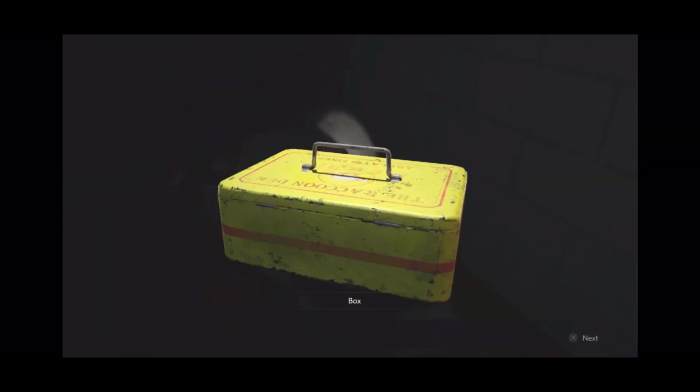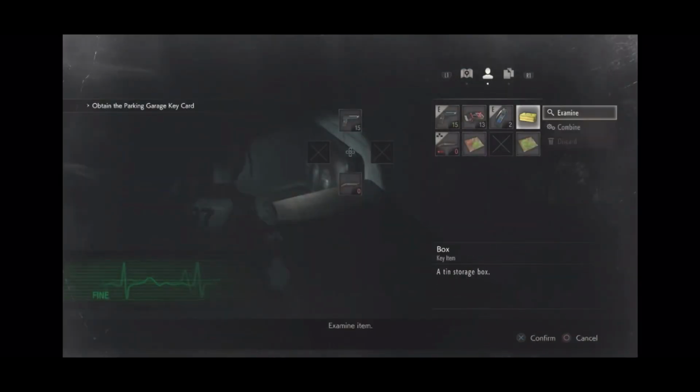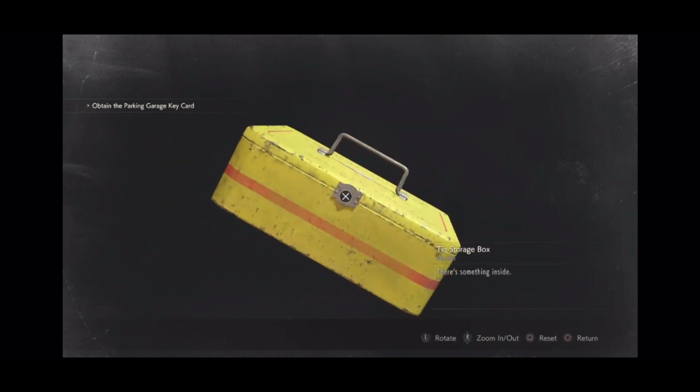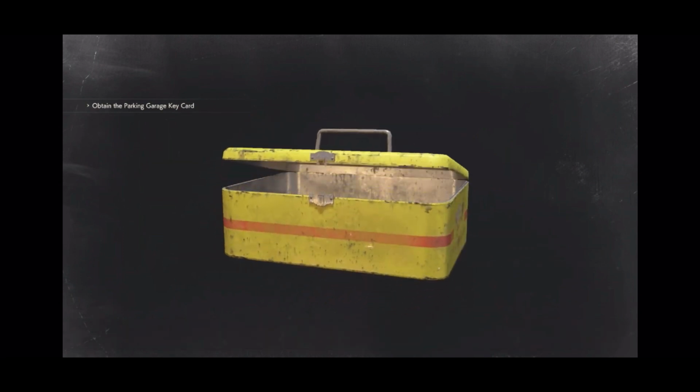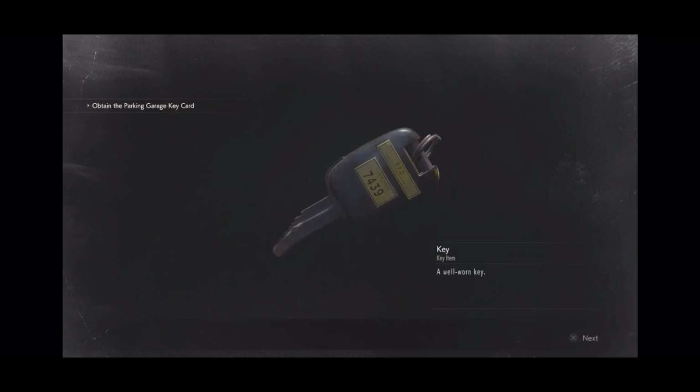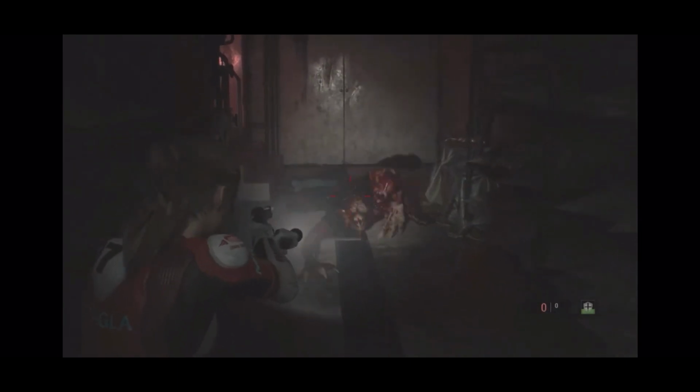Now, unlike lickers, alpha mimics are not blind. So if you don't have night vision goggles and you're using a flashlight or a torch, you need to be aware of the fact that you might be attracting enemies to you. So you kind of have to balance stumbling around in the dark, figuring out where you're going, at the risk of bringing enemies towards you. And again, alpha mimics are incredibly difficult enemies.